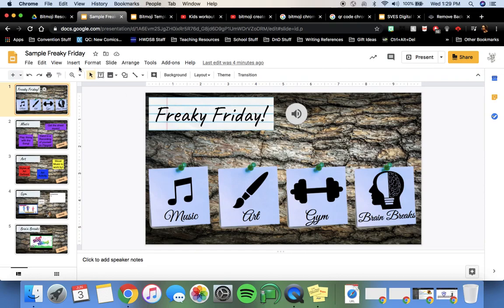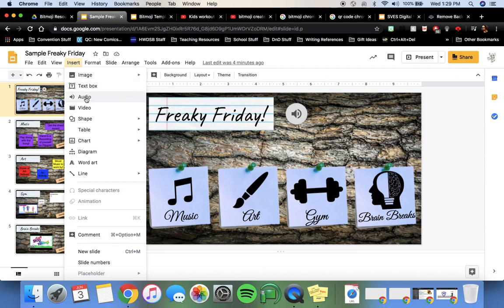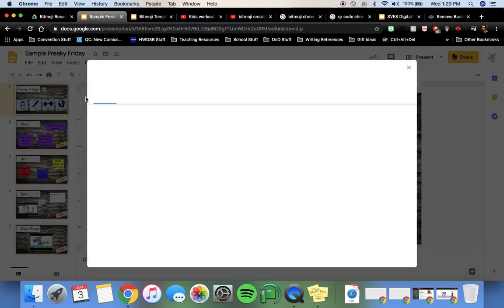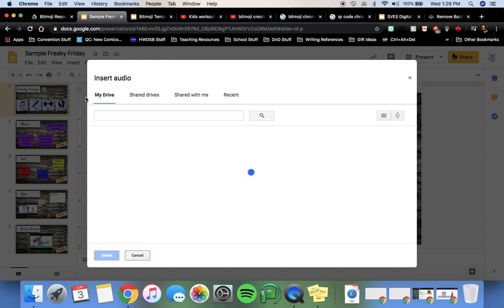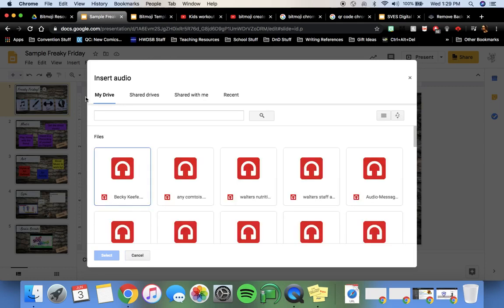What you do is you go to Insert, and you go to Audio. As soon as you go there, it brings you to Google Drive. Okay, this is a very immersive Google Drive program because it's Google Slides. So what I do is I create the video or the audio on my phone, and then I upload it to Google Drive. Now the problem is that when you upload, it uploads as a file called